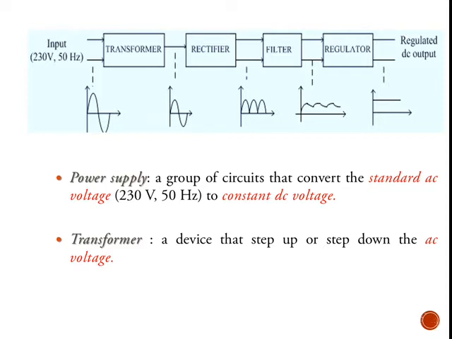So the output of the rectifier, as we have studied in the basics, gives you a pulsating DC. So to obtain a pure DC, we use a filter. This filter can be either a capacitor filter, or a combination of inductor and capacitor filter, or an inductive filter. As you can observe in this diagram, the filter output